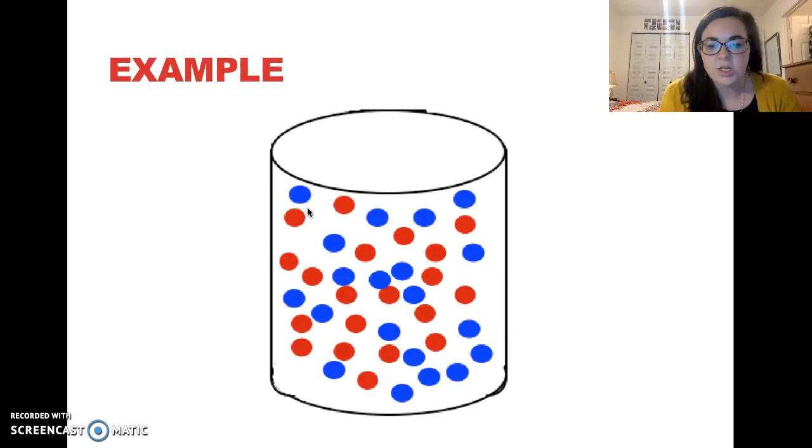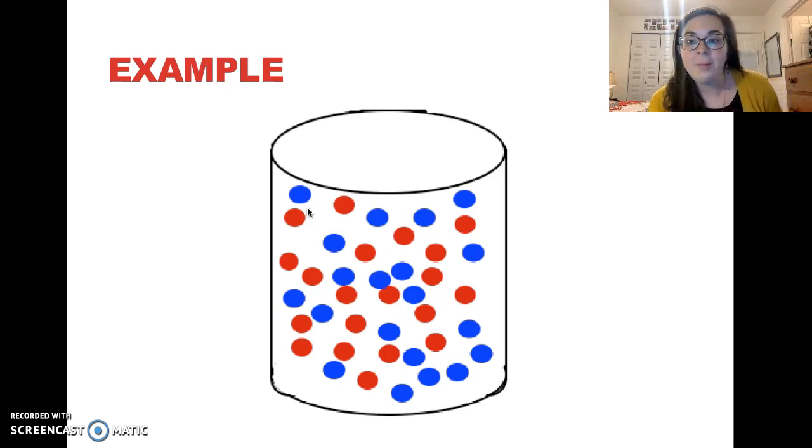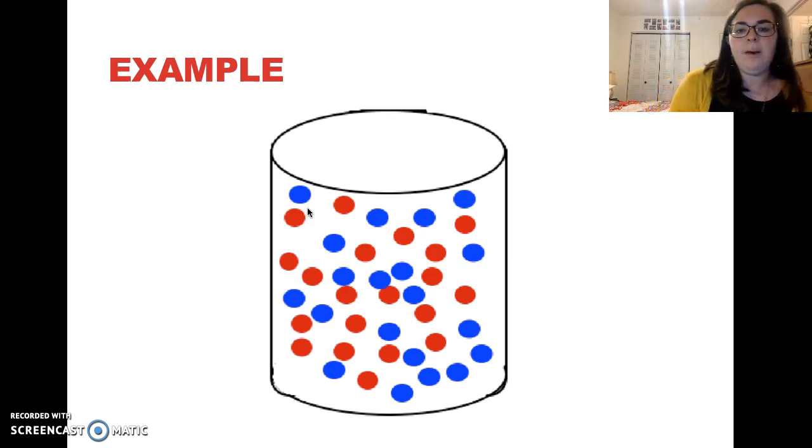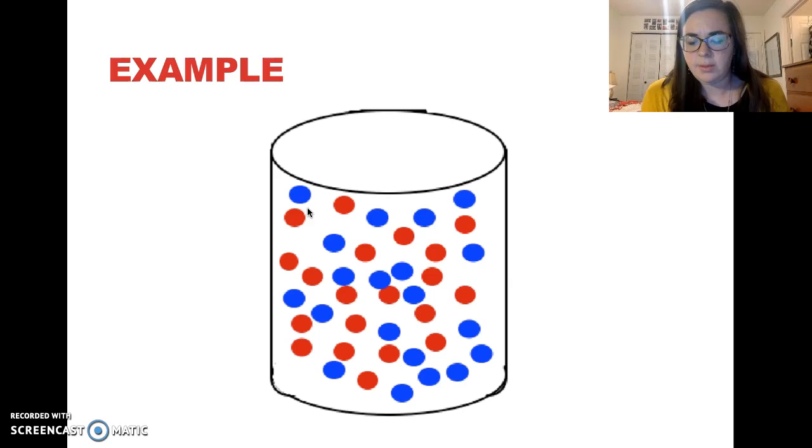And I made this illustration. It's a smaller population size than I would like to work with, but genetic drift usually occurs in small population sizes, so it will work. There are 40 marbles. We're going to call them marbles. That's what they are supposed to be in this bucket. And 20 are red and 20 are blue. So if you were to draw 10 marbles out, and those marbles are going to represent the viable adults in the population who choose to mate and reproduce. So if you draw out 10 marbles randomly,